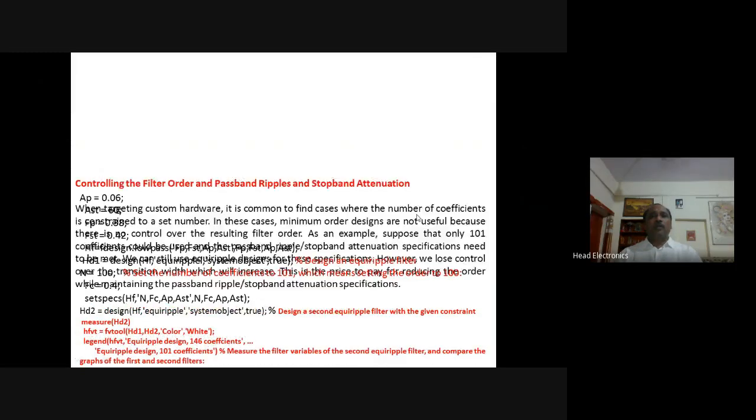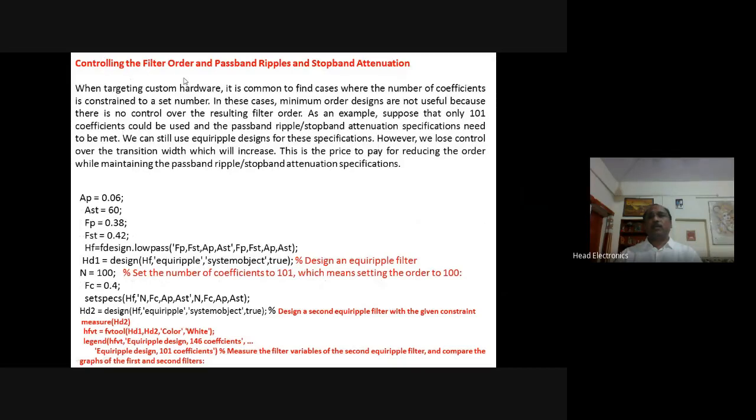Now again, if we are interested in controlling the filter order, the pass band ripple and the stop band attenuation, see here, as we have described, three parameters play a key role during the design of the filter. One is the pass band ripple, another is the stop band attenuation, and the third is the gap between the stop band and the pass band edge frequency, that is the transition band.